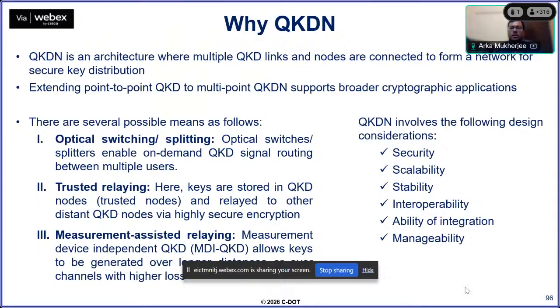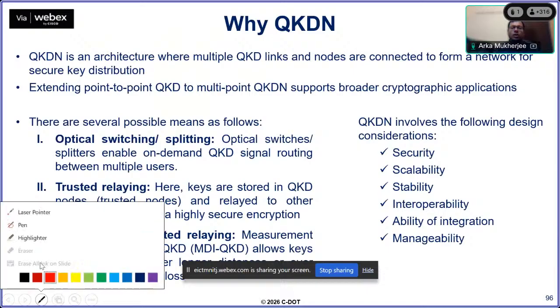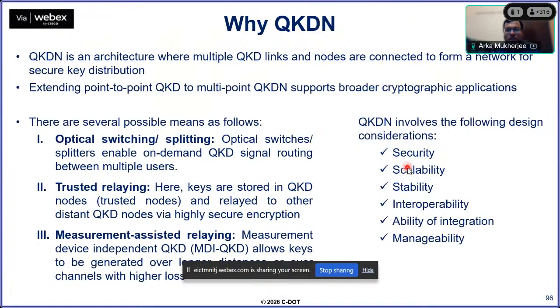This QKD network will need to be secure, scalable, stable over time, interoperable among multiple vendors, and manageable. That is the purpose of any network. If the network does not satisfy any of these parameters, then it will be very difficult to deploy or maintain. So keeping in mind that QKD will be deployed in a network fashion in future,